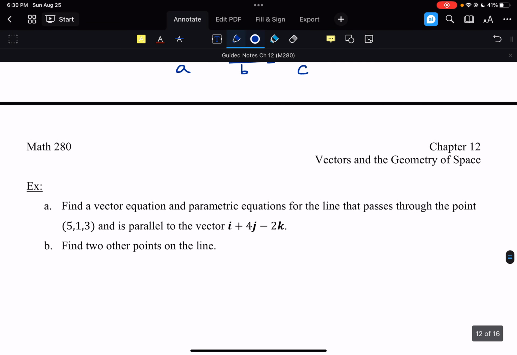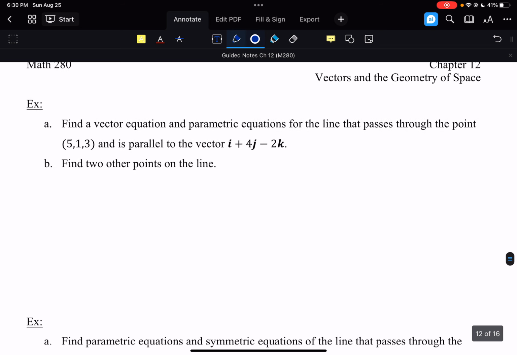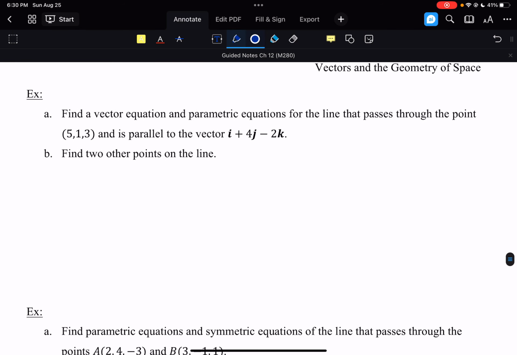So let's take a look at an example. Find a vector equation and parametric equations for the line that passes through the point (5, 1, 3) and is parallel to the vector i plus 4j minus 2k, and then find two other points on the line. So for part A,